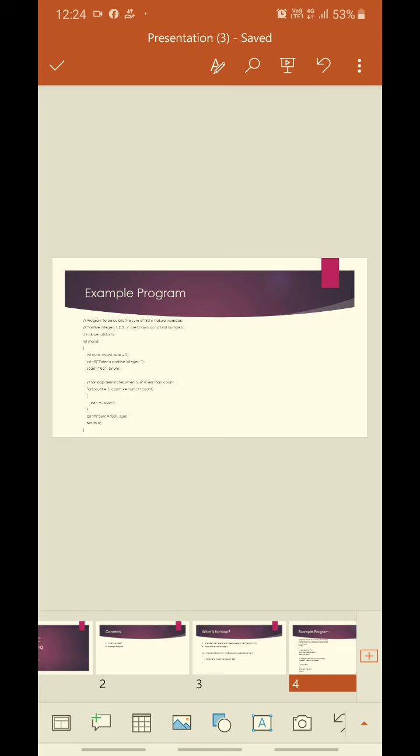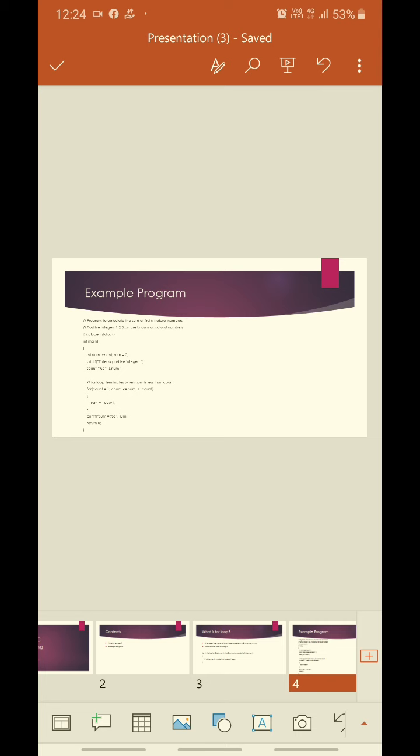Since the test expression count is less than or equal to 10, that is 1 less than or equal to 10, is true, the body of for loop is executed and the value of sum will equal 1. Then the update statement ++count is executed and the count will equal 2. Again the test expression is evaluated. Since 2 is also less than 10, the test expression is evaluated to true and the body of for loop is executed. Now the sum will equal 3.